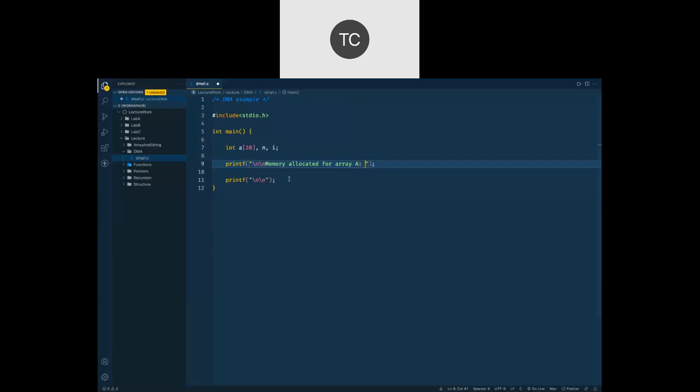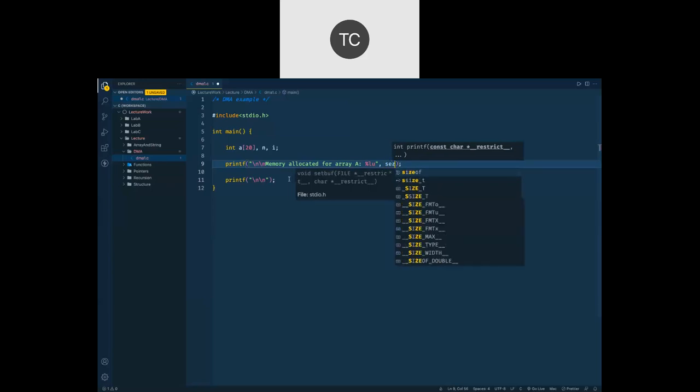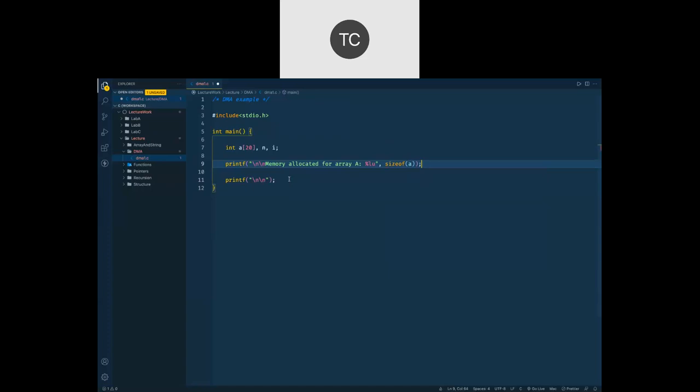And for that I'm going to use sizeof, so you all know that we need to go for long unsigned integer. And what we do here is we make use of the sizeof operator, and we'll pass our array A inside. So that is going to give me the size of this entire array, which means for this array what amount of memory has been allocated to me.